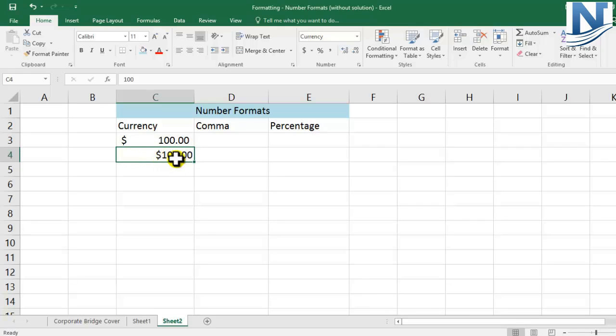And when we come to the decimals, you can increase or decrease the decimals as well. For example, if you click over here, there is an option for increase decimal. So I can keep on increasing the decimals, or I can keep on decreasing the decimals, or completely remove all the decimals. Similarly, I can increase the decimals over here and remove the decimals from here. So this is the first number format that we saw, with respect to currency.